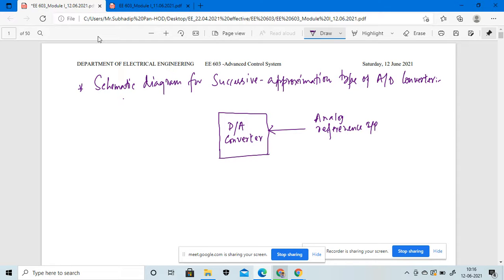It comes from the SNH circuit, obviously the SNH block, right? Now this A to D converter is supposed to be connected